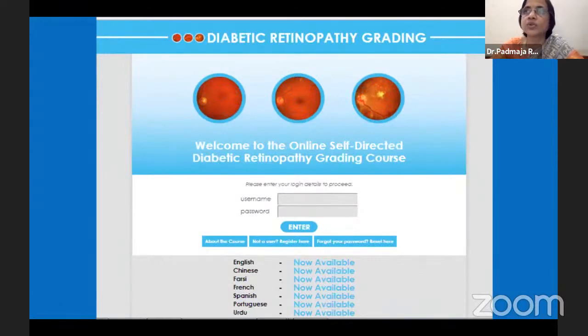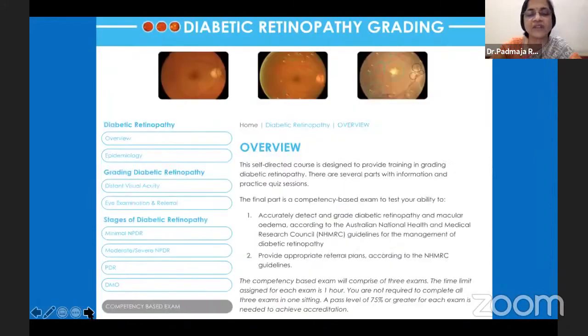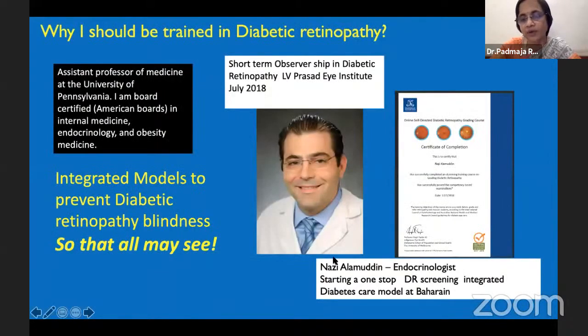And this is a good course to do, even if you are a physician or ophthalmologist, you should do it yourself, because you need to train your team also to do this diabetic retinopathy certification. Because whatever the technology, AI technology, anything comes, ultimately the human element should also know what they are dealing with. The registration is free, and you can do any number of attempts, and passing this examination will give you a certification and also an understanding of how to grade, screen, and referral guidelines for diabetic retinopathy.